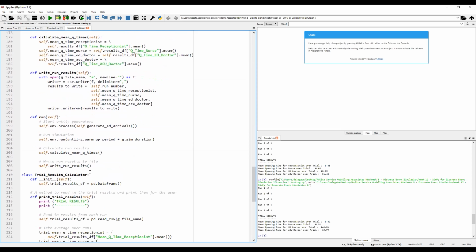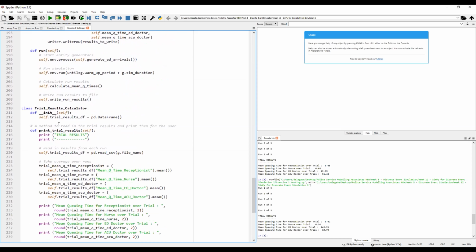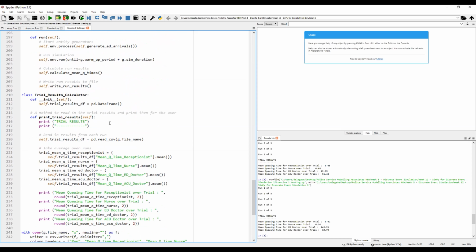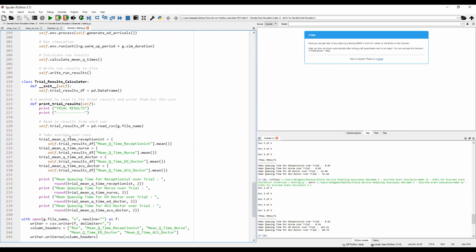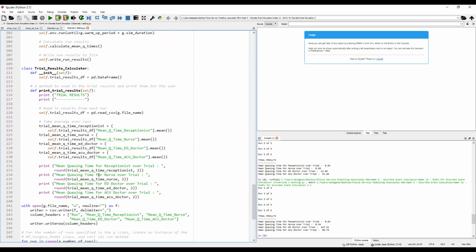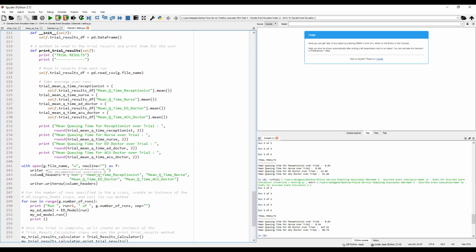Calculate the mean times, write the results, and then here you're just calculating the times for the mean queuing time for the overall trial, similarly to what was in the example. You got the calculation of the mean queuing time for all 100 runs, and then printing those out, and then writing the results to a CSV file,